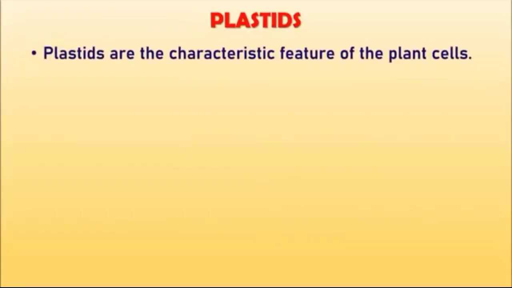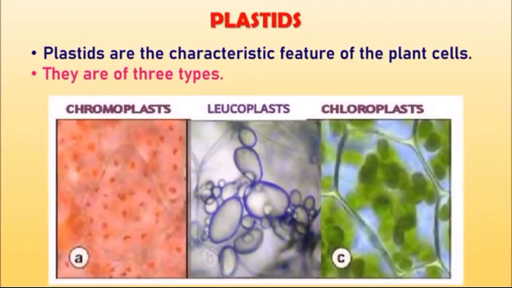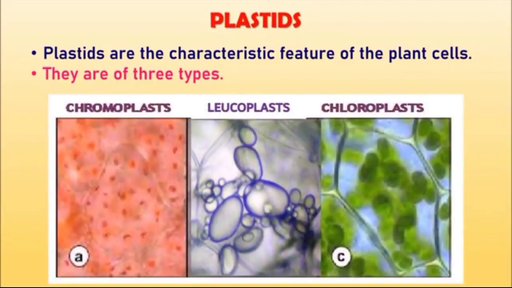And the next organelle are plastids. The plastids are the characteristic feature of the plant. There are three types of plastids. Chloroplasts are one of them. Let us see what are the three types of plastids. Chromoplasts, leucoplasts and chloroplasts. Chromoplasts contain the pigments of different colors which exist in flowers and roots, whereas leucoplasts are